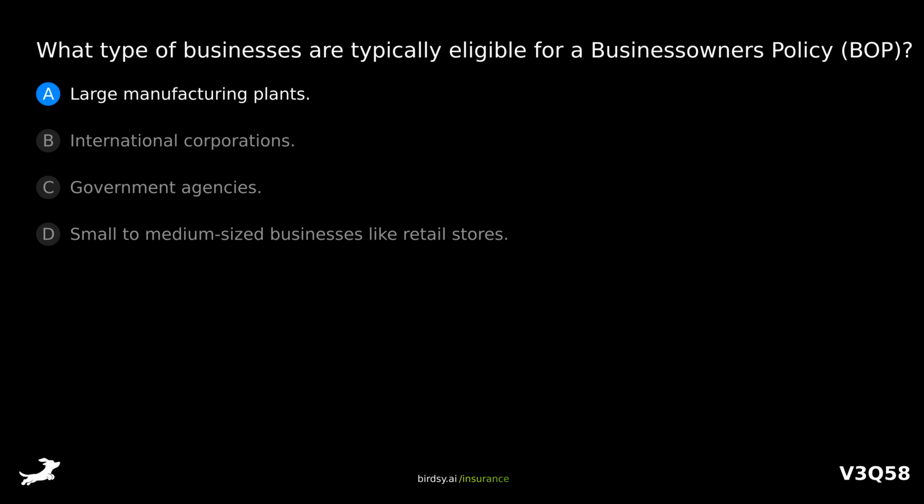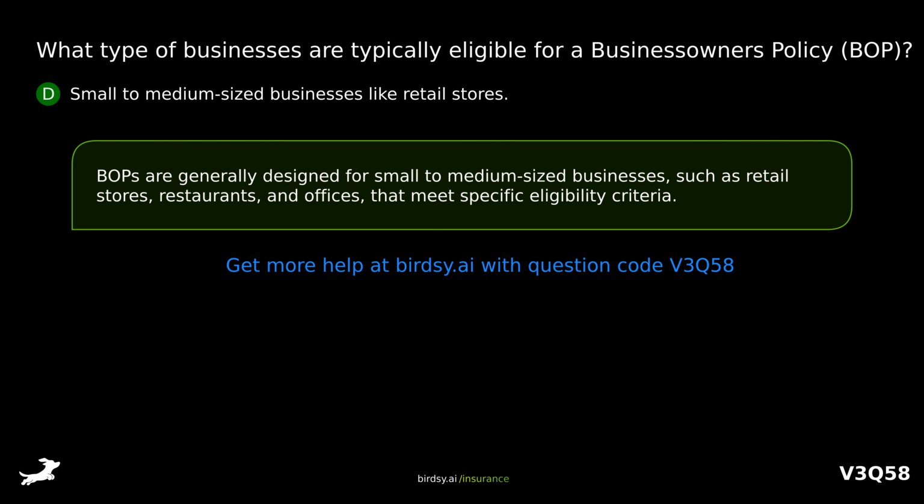Is it A, large manufacturing plants, B, international corporations, C, government agencies, or D, small to medium-sized businesses like retail stores? The answer is D, small to medium-sized businesses like retail stores. BOPs are generally designed for small to medium-sized businesses, such as retail stores, restaurants, and offices, that meet specific eligibility